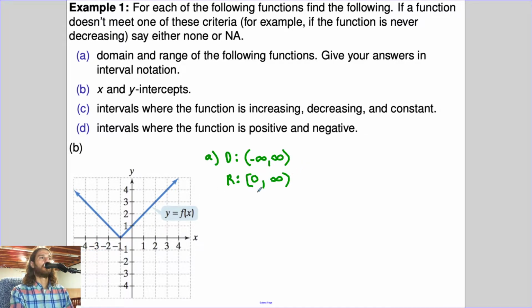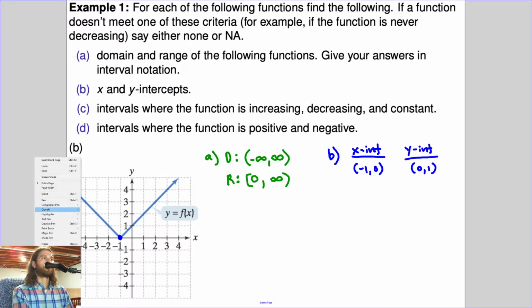In blue, let's do part B. Oh, I changed the colors up. Please forgive me. X-intercepts, there's only one. That's the point negative 1, 0. Cool. Y-intercepts? Where does it cross the y-axis, or the line x equals 0? The point 0,